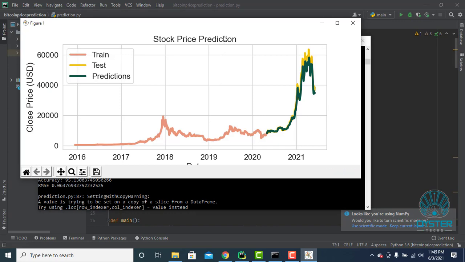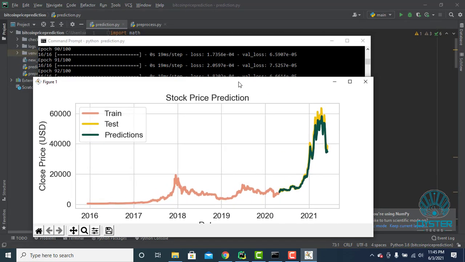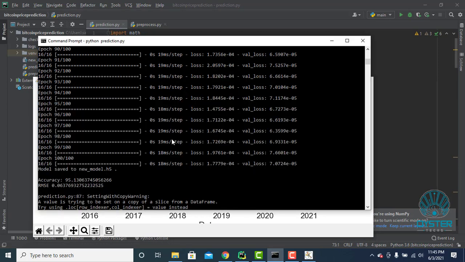This is the visualization of our prediction. This is the train data, the yellow one is our test data, and the green one is the prediction, which is quite matching with the test data. It is not sticking exactly to it because it's not 100%, so that's normal.